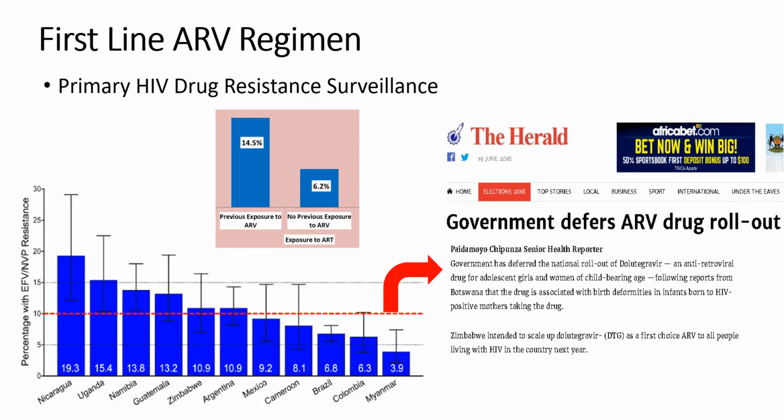But initially, there were issues in terms of this change to starting the new drug, dolutegravir, because there were reports from Botswana where data was pointing towards development of birth defects among women of childbearing age. But I think now, with the recent data which has been published, this has been ruled out, and the drug DTG is now being rolled out and given